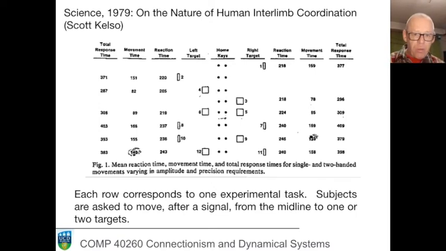Your fingers are on the home keys. Ding! You move the selected combination of fingers to the selected combination of targets, and the time is recorded from the bell to the landing of the finger on the target. Now that time itself is made up of two pieces. There's an invariant reaction time of about a quarter of a second. That's just the time it takes for you to get going and do something. And the flight time then from when the finger leaves the home key and lands on the target. That's the variable of interest. How long does it take?